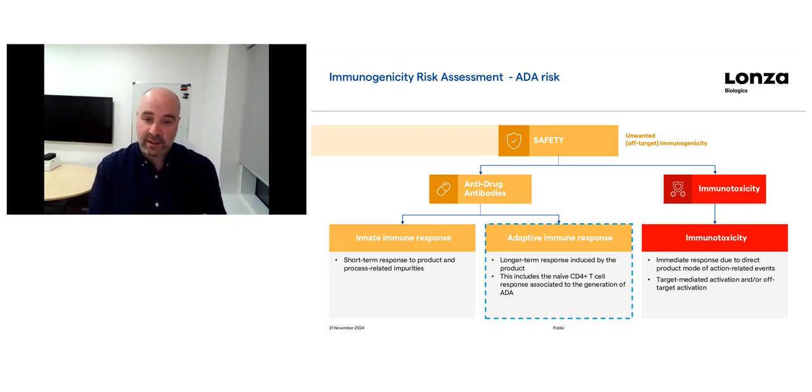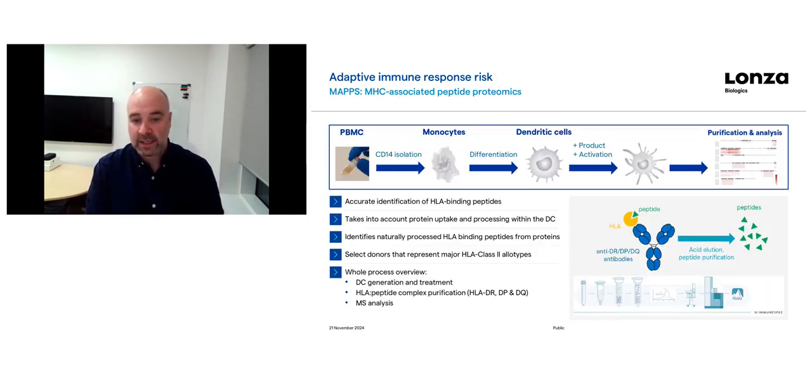So as I said, the in silico tool predicts HLA-binding peptides within a protein sequence, but we're not taking into account the natural processing and presentation of those peptides from the protein. So this is where the MAPS assay comes in. I'll come to the case study a little later on, but just to give you a little bit of background on the assay itself. So here we're actually taking monocyte-derived dendritic cells from donors in our bank, from the cryopreserved